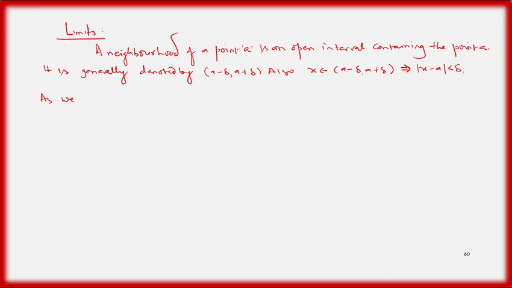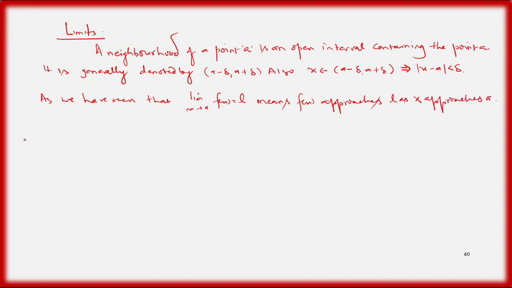As we have seen, limit x tends to a of f of x equal to L means f of x approaches L as x approaches a, or the difference between f of x and L